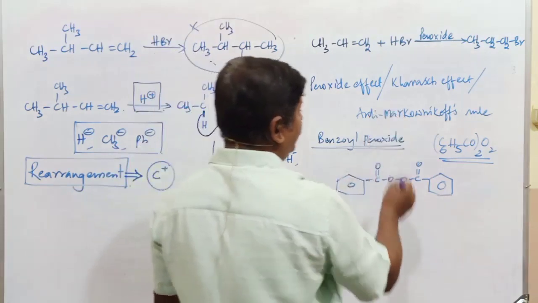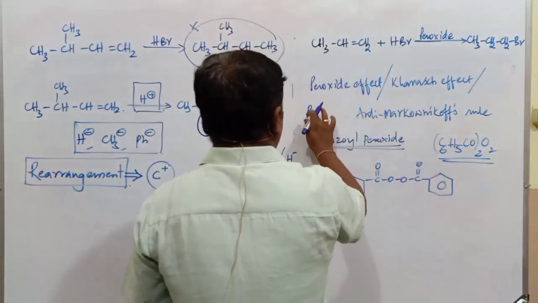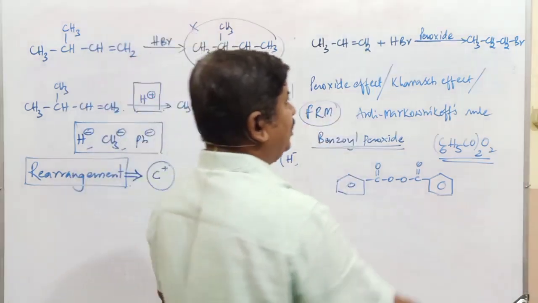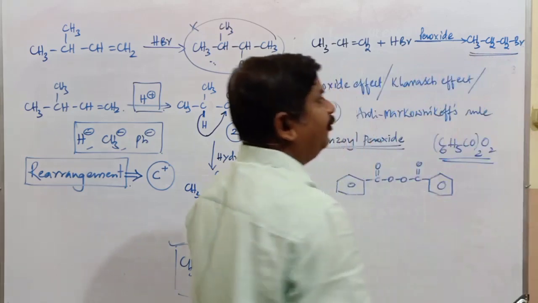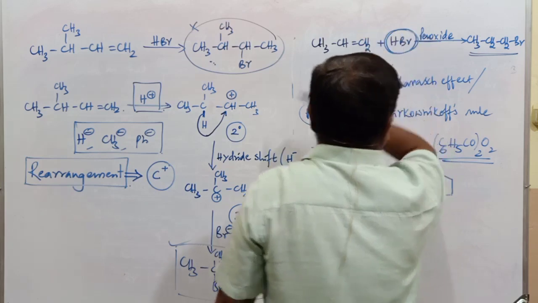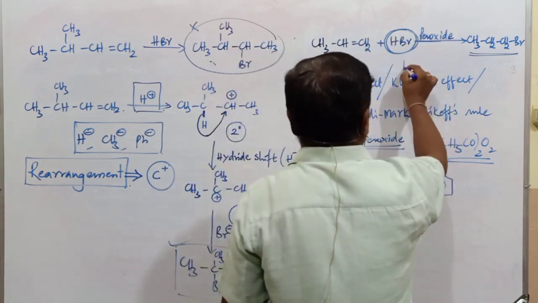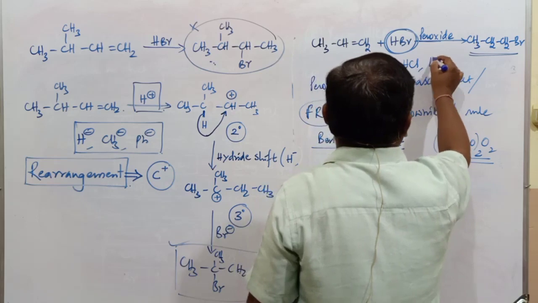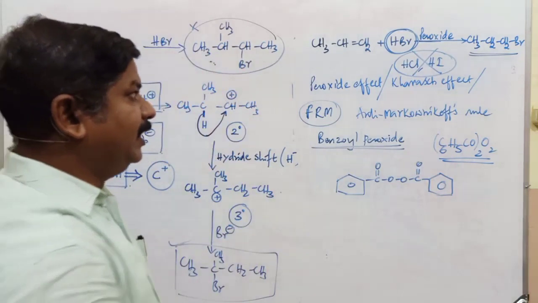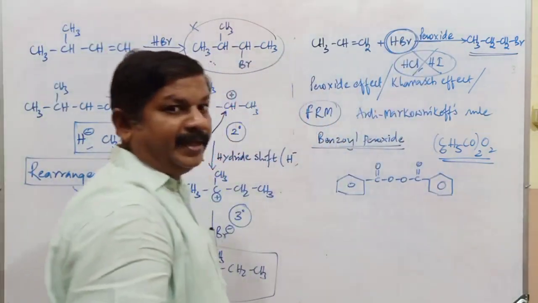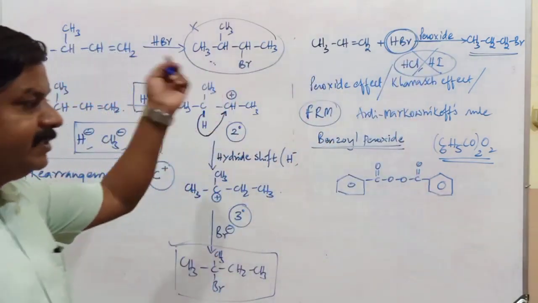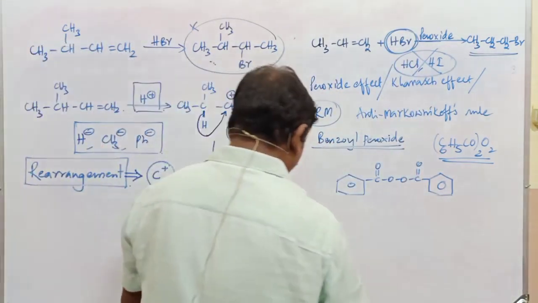In presence of benzoyl peroxide, the reaction goes in accordance with the free radical mechanism. So formation of 1-bromopropane takes place. It is not found to be 2-bromopropane. Another important point to remember: the peroxide effect is applicable only for HBr. For HCl or HI, this particular peroxide effect is not applicable. It is applicable only in case of the HBr molecule. It is not at all applicable for HCl. Even this we have discussed already in class 11.